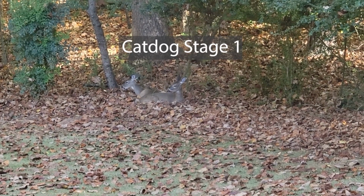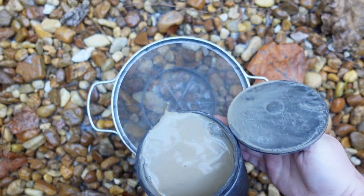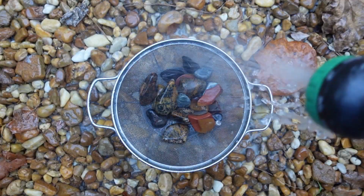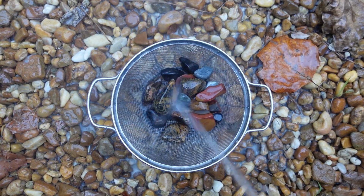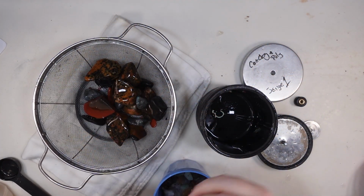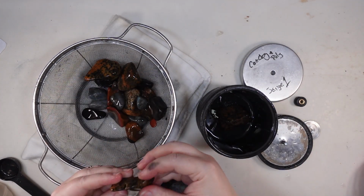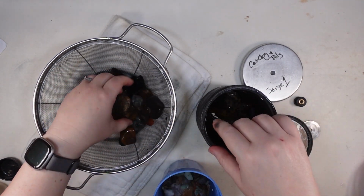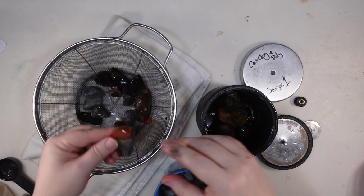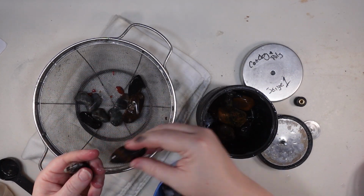All right, Catdog, also currently in stage 1. So this is my Cheetah Jasper and Labradorite. Again, it's looking pretty good, pretty decent. My hose was kind of between settings and wasn't spraying right, so I fixed that and put it on jet, apparently. All right, so there is some polychrome in here from last week, so as I'm coming through, if it's not ready to move forward into stage 2, I put it off with the other stage 1 rocks from the Beryl and Polly. So most of the polychrome is going back in with the Beryl and Polly batch,